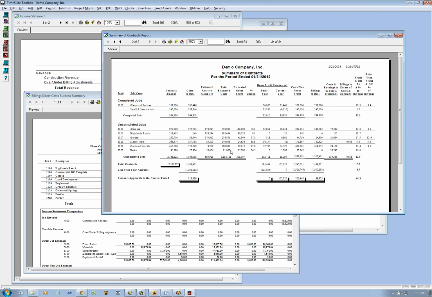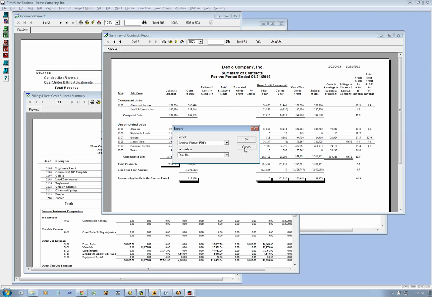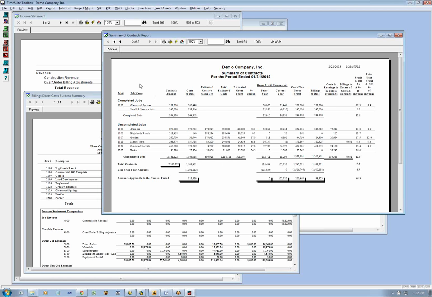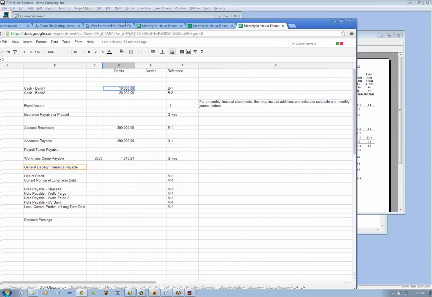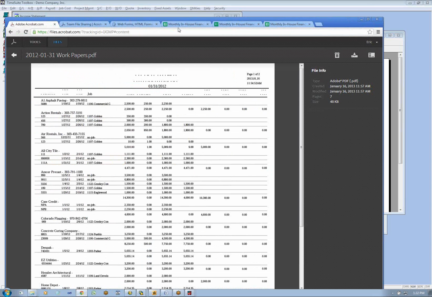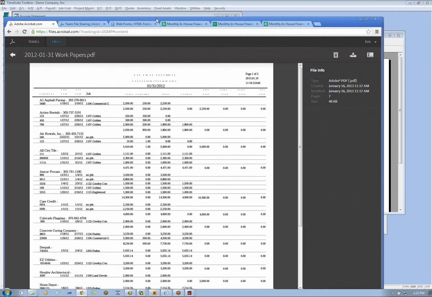It could change every day, so when you generate and post those over-under billings, make sure you take a PDF of it and upload it into your Google Doc. So you have to take your PDFs, change them to images, and then upload them into the Google Doc. Or you can do your set of work papers outside of your Google Doc, maybe in a PDF concept, which I was trying to work on a while ago and I'm struggling with it. I subscribe to Adobe, and they just don't have an index in this online solution they have. So I'm not sure that's the best solution.